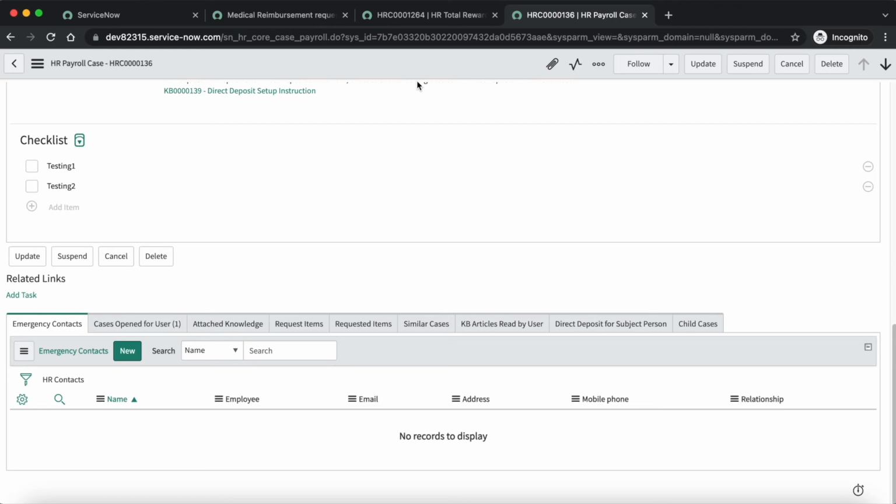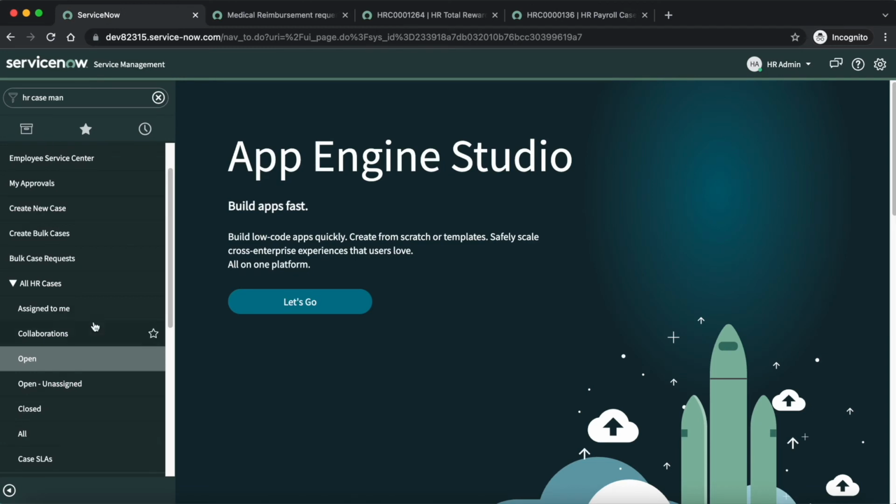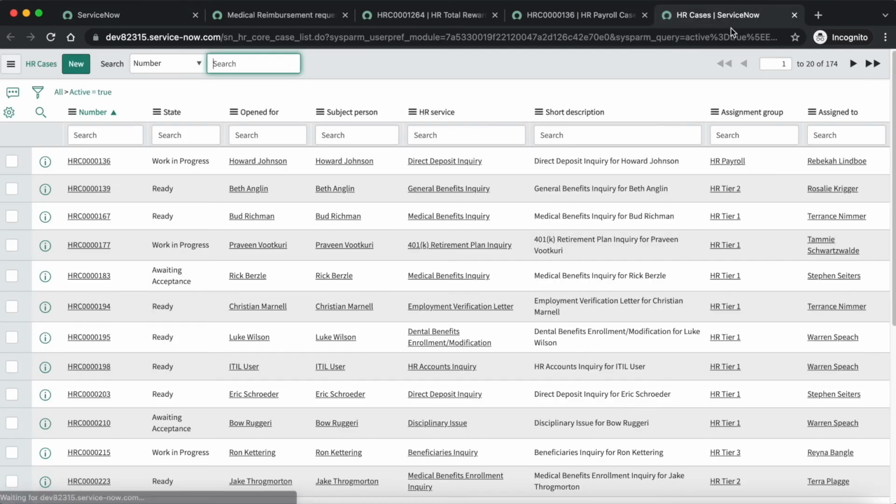Now let's open any HR case and try to attach this checklist template, whether it is available for some other HR case or not. Let's open the list of HR cases and let's select this one.